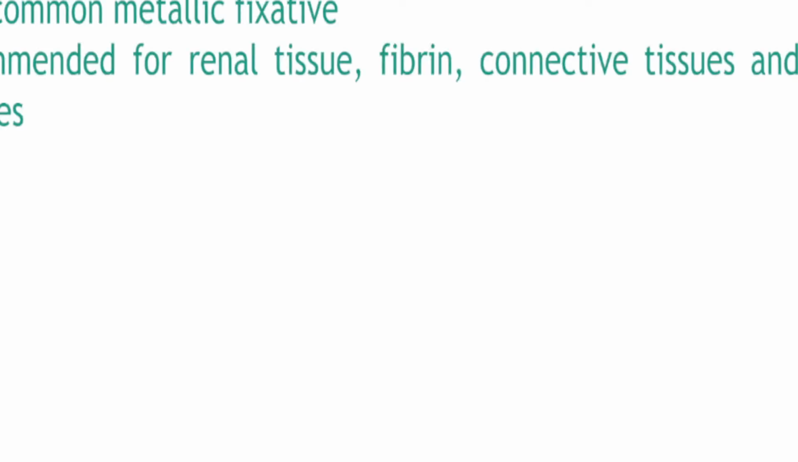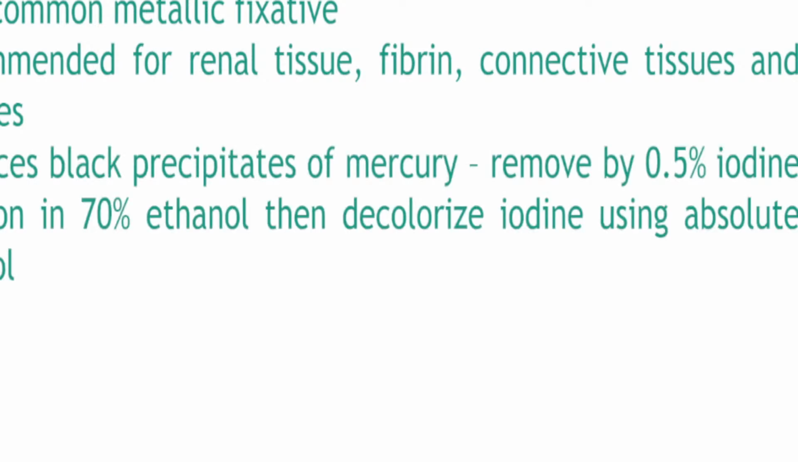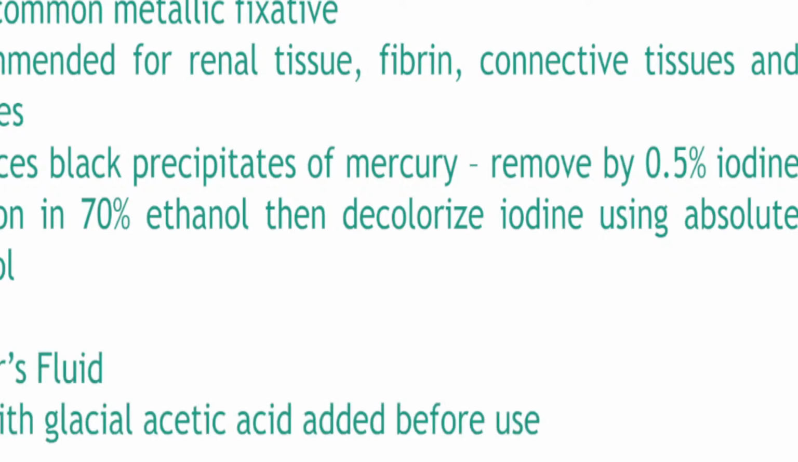It's the most common metallic fixative. It's recommended for renal tissue, fibrin, connective tissues, and the muscles. And it produces black precipitate. It's usually removed by 0.5% iodine and 70% ethanol. Then we decolorize the iodine using an absolute alcohol solution. Zenker's fluid is one example of a mercury chloride